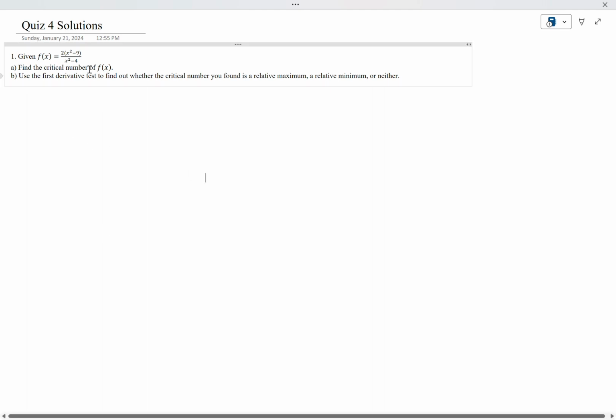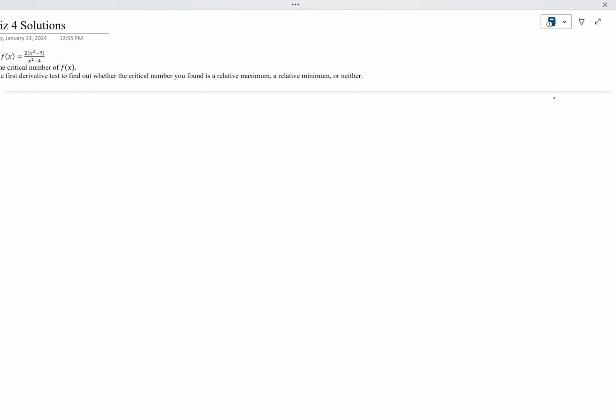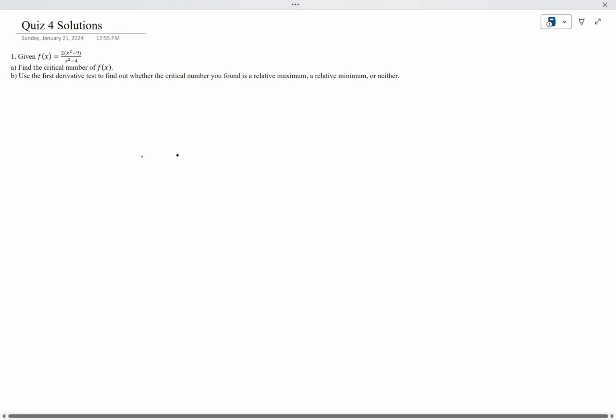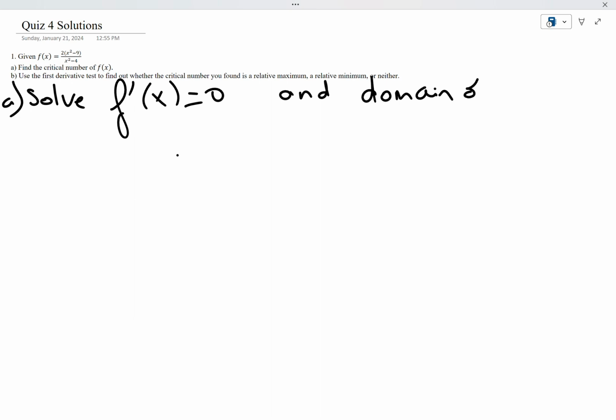So given the function (2x squared minus 9) over (x squared minus 4), we want to find the critical numbers. Remember, for the critical numbers of a function, we need to solve when f prime is 0, or we need to look at the domain of f prime. So here we need to solve f prime of x equals 0, and we need to look at the domain of f prime to find where